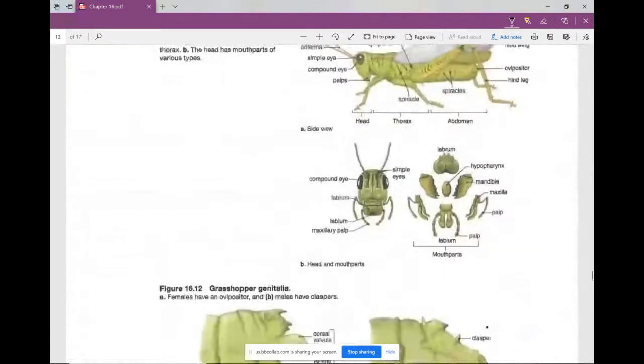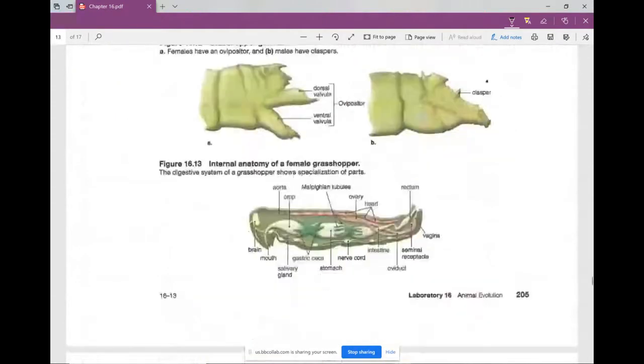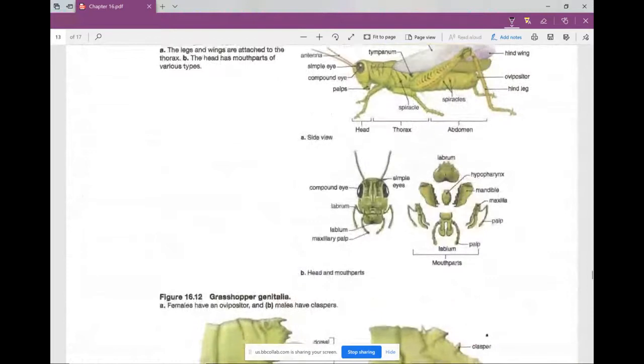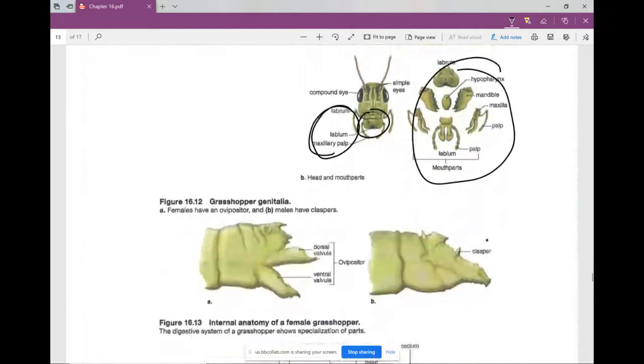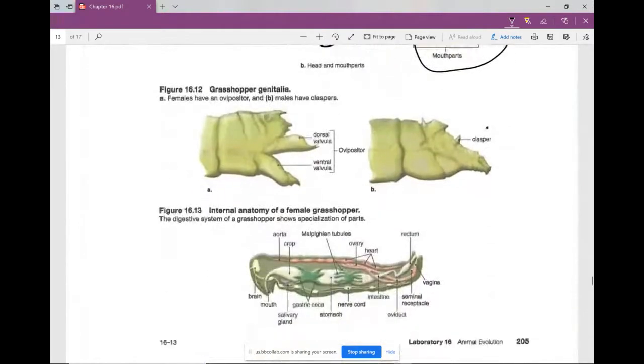Don't worry about this. Don't worry about these parts. I apologize. Okay, so don't worry about these mouth parts. Don't worry, we're not going to test you on this. Okay. Do know this,